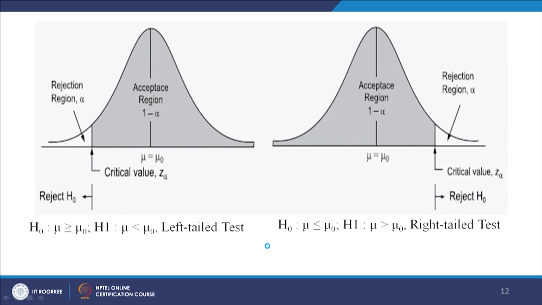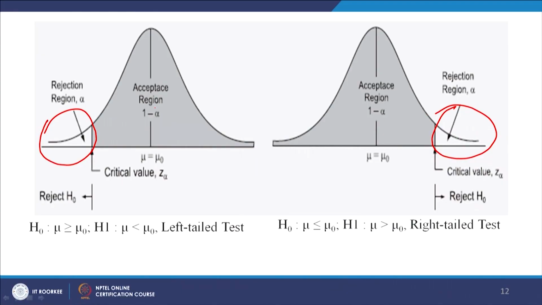Now, let us look at this case. Here the rejection zone is lying here, and in this case the rejection zone is lying here. So, what has happened to the alpha, which is the significance level? This significance level need not be divided by 2 because it is moving to only one side. So, the entire alpha of 5%, suppose we take a 95% confidence level, 1 minus 0.95 is equal to 5%, which is my significance level. So, that is now coming to this end.